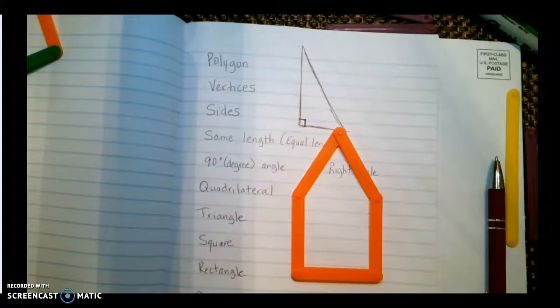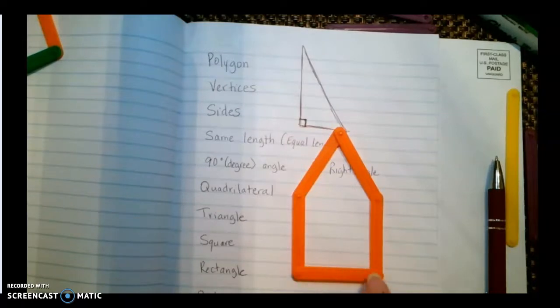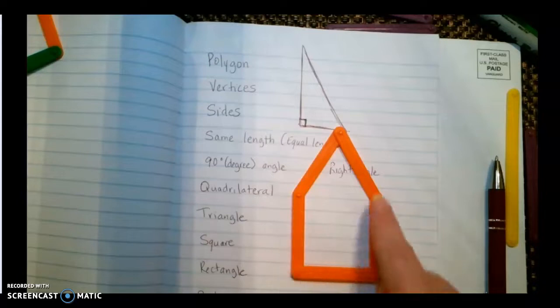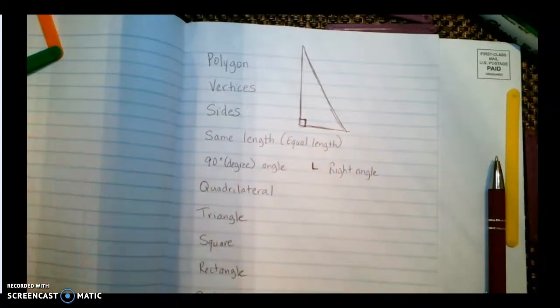I'm looking at the base or the bottom of my pentagon, and down here at the base I see 1, 2 90-degree angles. I see that these sides are all of equal length. Because they are of equal length, we are going to create these 2 right angles at the bottom. Then a hexagon